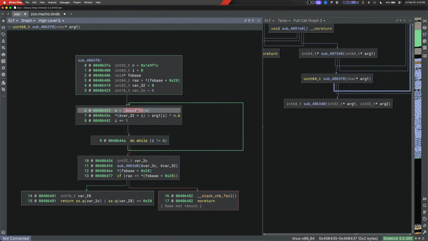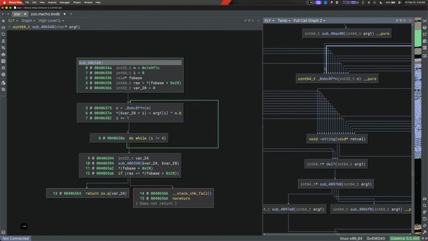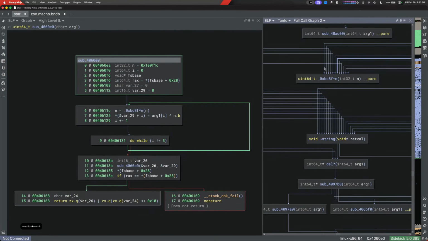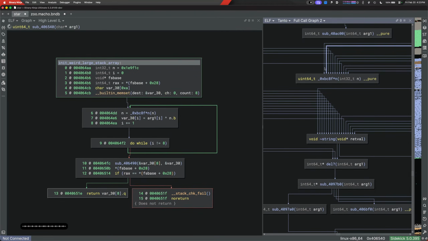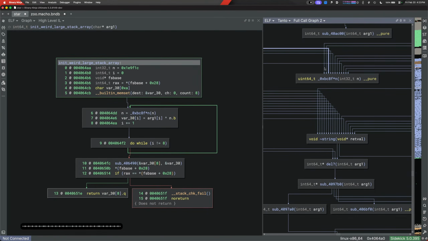So I am starting to wonder if this is a rand or something that we've stumbled upon. You're getting a bunch of different random values, but almost certainly not. This is almost certainly,